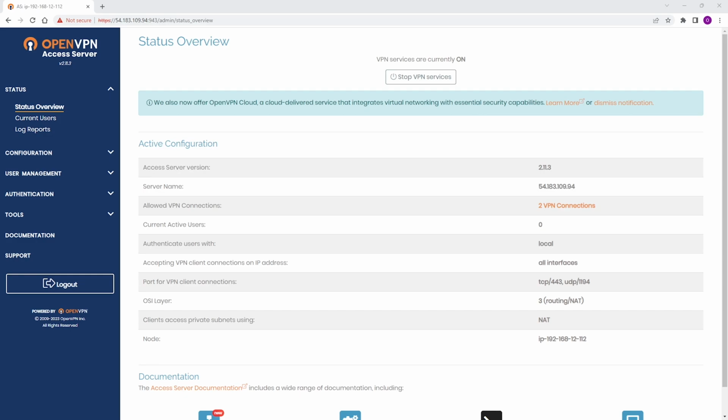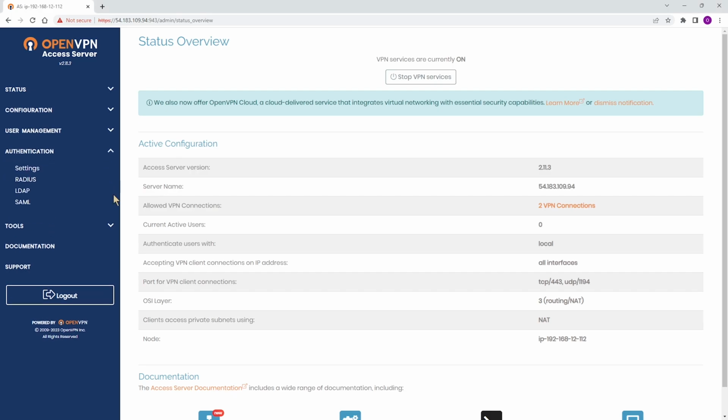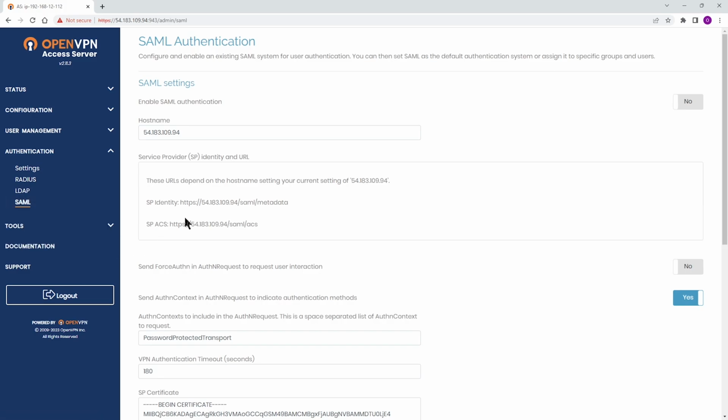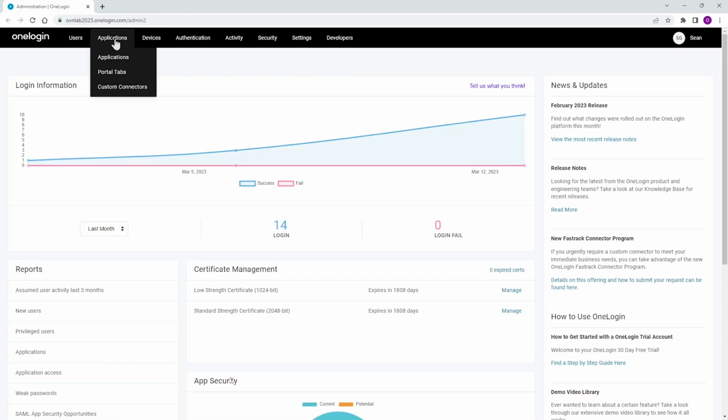on Access Server. As you can see, I'm logged into the Access Server admin web UI. Click on authentication and go to SAML. Once on the page, there are two pieces of information we need for our configuration of the Onelogin connector. So these are the two that we need. What I'm going to do here, I'm going to copy these two, but I'm going to go to the Onelogin portal